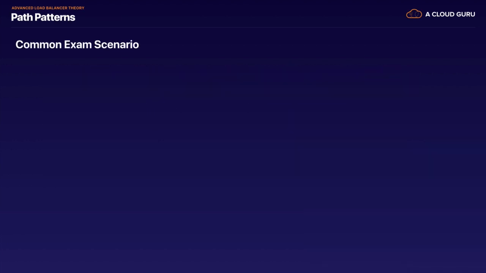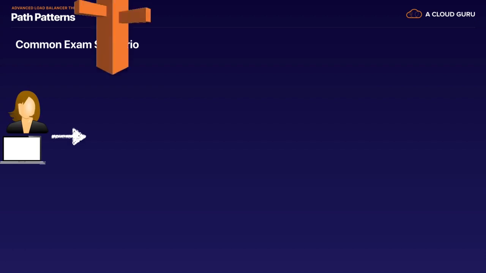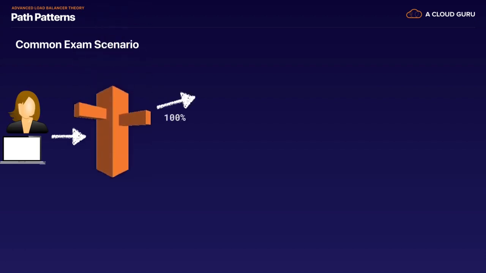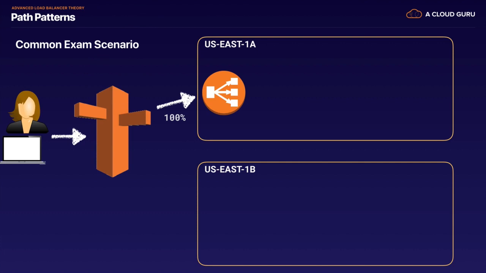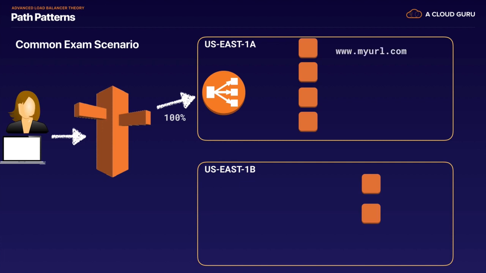So again, let's have a look at a common exam scenario. We've got our user sending traffic to Route 53. 100% of this traffic is being sent to a load balancer in US East 1A. This would be an application load balancer because it's reading the URL path, and essentially it's sending its traffic over to two different availability zones. So let's say in US East 1A, we've just got all the traffic that goes to